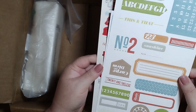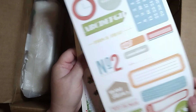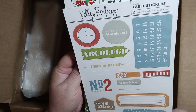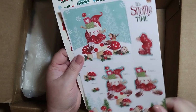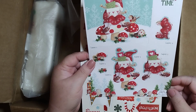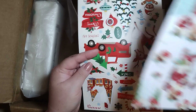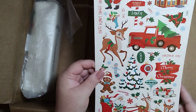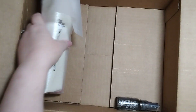Some stickers. I don't really use stickers, but that's okay. These are Kelly Perky label stickers. Aw, little gnomies. This is one of those ones where you pop out and layer it. That'd be cute to make a tag out of. I don't know if I'd put it on a card. I color. Aw. And some Christmas stamps. It doesn't say what they are, but... And I believe this has been in...